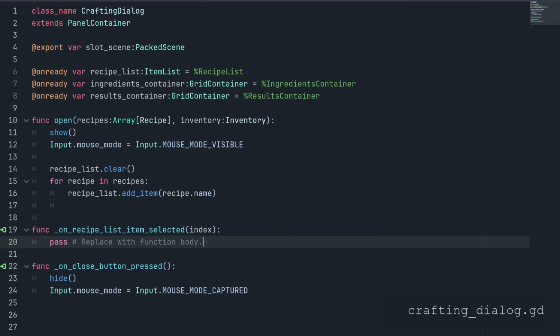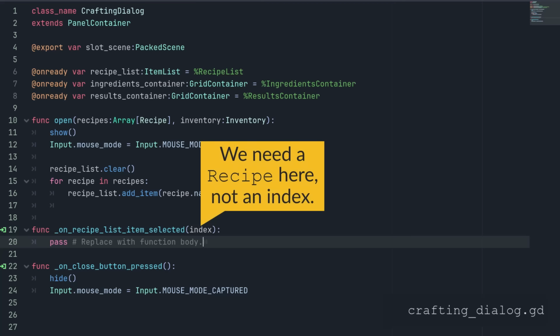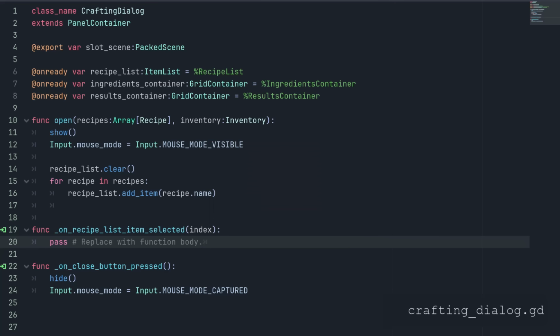Great. There's a small problem though. This signal only gives us the selected index. But this is not enough because we want to update our ingredients and results containers. And for this, we don't need the index. We need the actual recipe in our hands. So how do we get the selected recipe into this function? Well, the item list has a functionality that allows us to attach additional data to each item in the list. And we can use this to attach our recipe